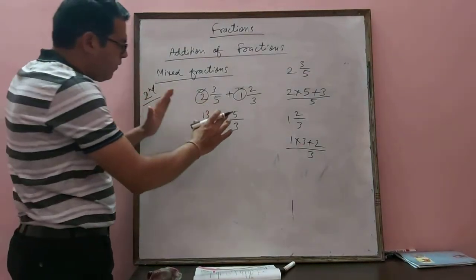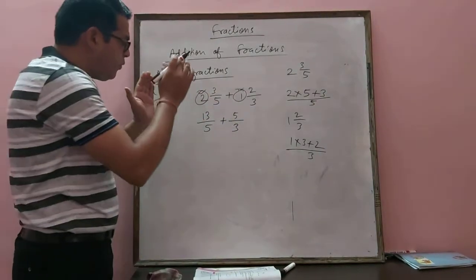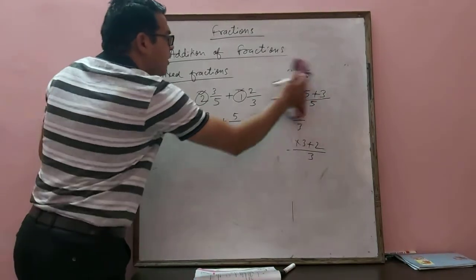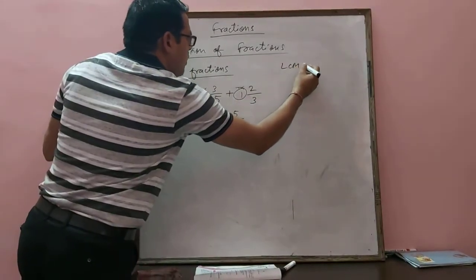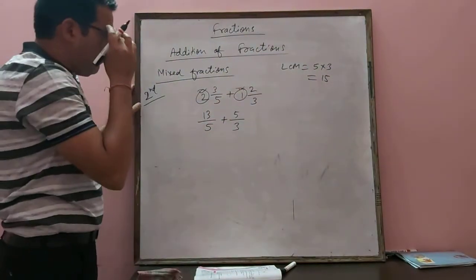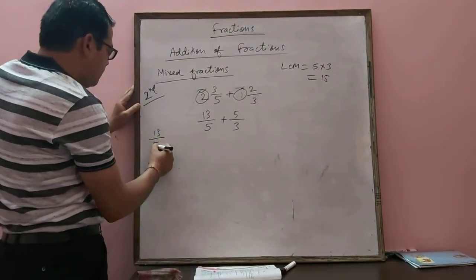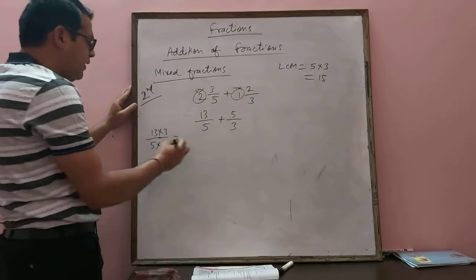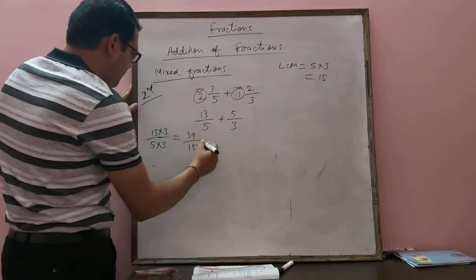Right? Now, these two fractions are unlike fractions. So we have to convert unlike into like after taking the LCM of 5 and 3. So what is the LCM of 5 and 3? As previously discussed, the LCM is the product of 5 and 3, that is 15. Since 5 and 3 are prime numbers, 15 is the LCM. It means we need to convert this 5 into 15. How? By multiplying by 3 on both sides. Now 13 times 3 is 39 upon 15 we have it.